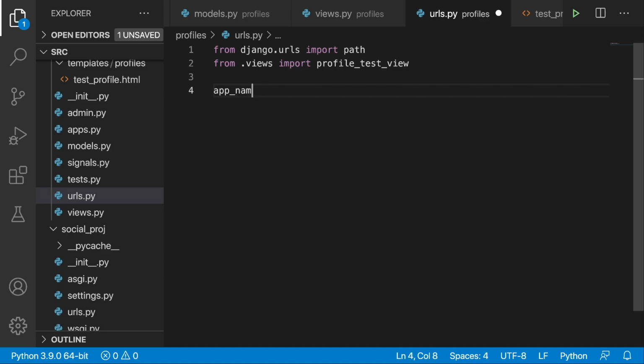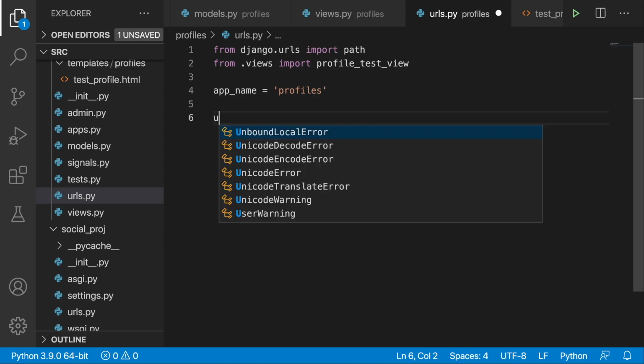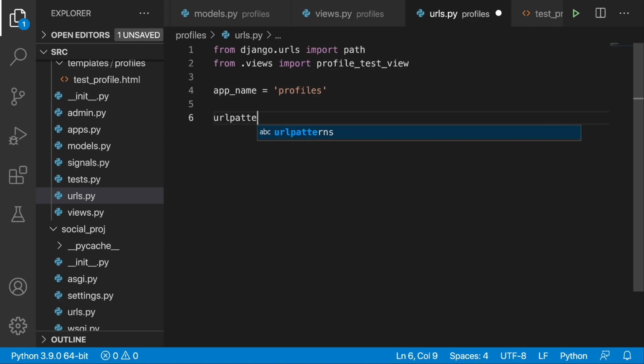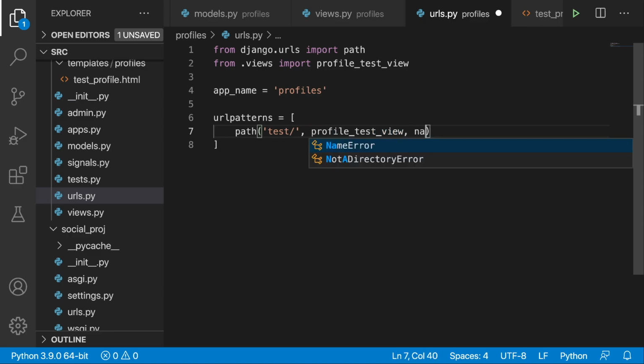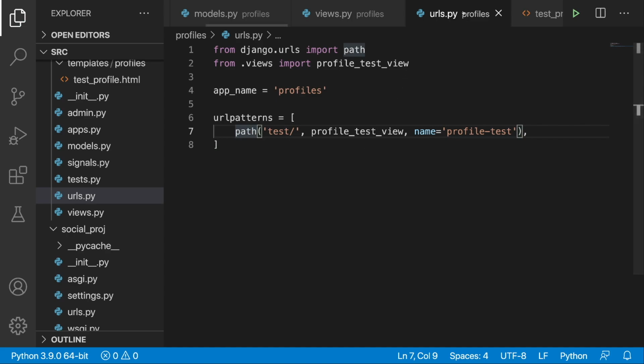Let's specify the app name and let's set it to profiles, and here let's put in URL patterns, and let's open up a list, and here let's register this path as test. Let's pass in the profile test view, and let's set the name to be equal profile test, something like this. Okay, so right now we can save this URL.py file,